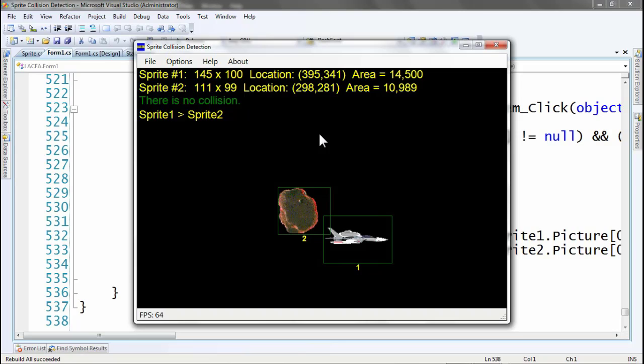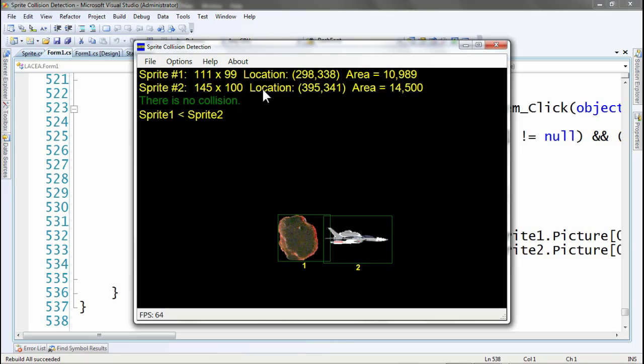Next, let us swap the two sprites. As you can see, the collision is not accurate when the area of sprite number 1 is less than the area of sprite number 2.